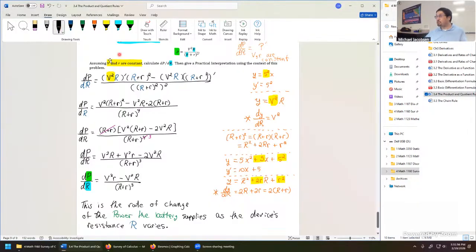So recall, the voltage was constant, the resistance of the battery itself is constant, but maybe we're imagining